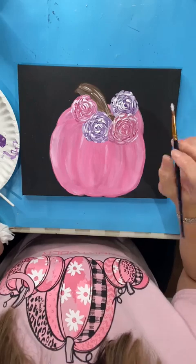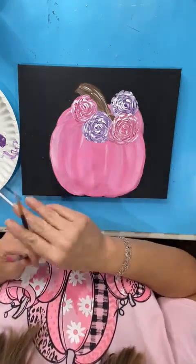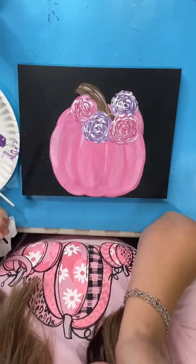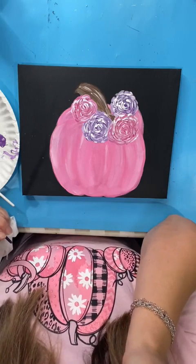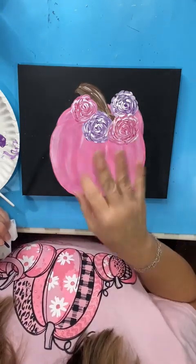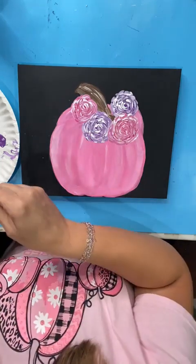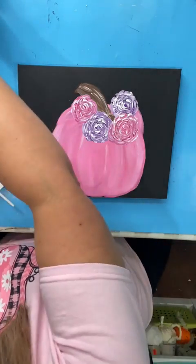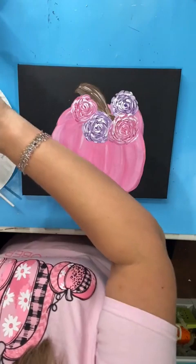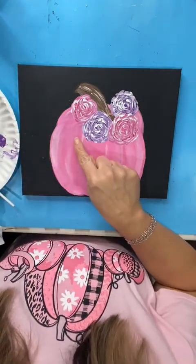All right, so there's our pink one. And now I have to sit here and look at it, and I'm like, well, what does it need? It needs another one because I need to have an odd number. I don't want an even number. So I think I'm going to put that original pink that we used on my canvas. Well, no, I'm not. Because I think